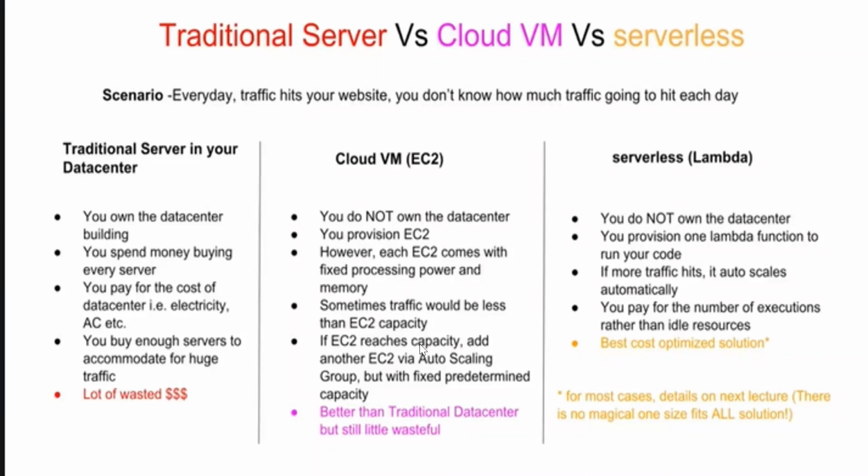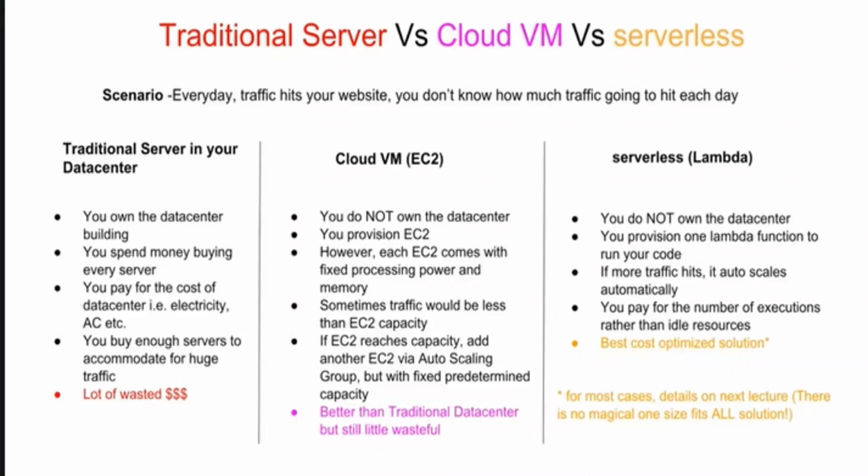Sometimes the traffic is less and the EC2 capacity is more. Sometimes when the capacity reaches, it scales, but I don't need that much scaling power. I need only 1 GB, but even for that, it is scaling to 16 GB. So undoubtedly, this setup is better than my traditional data centers, but still it is not as good as what I would have wanted. So here, cloud is saying you pay as you go, means whatever you are using, you